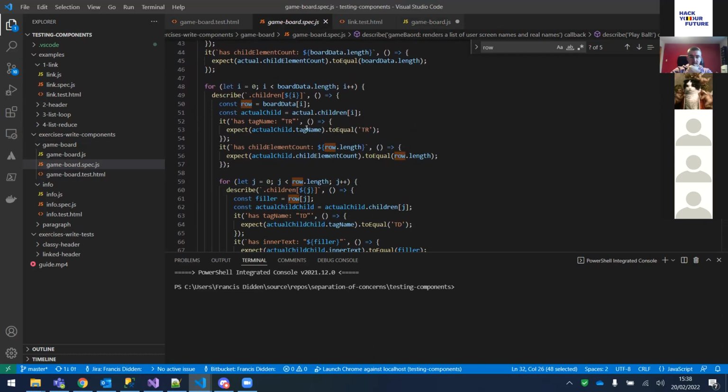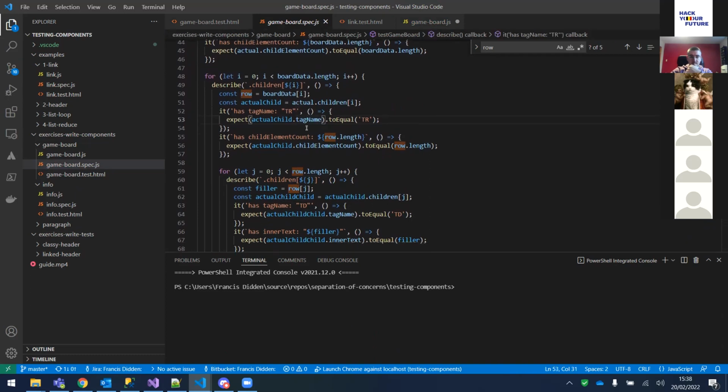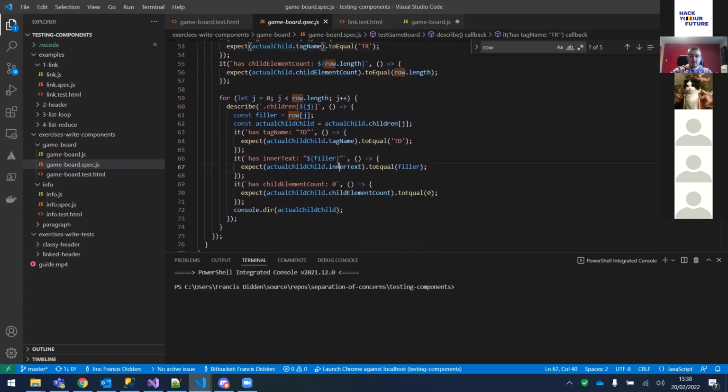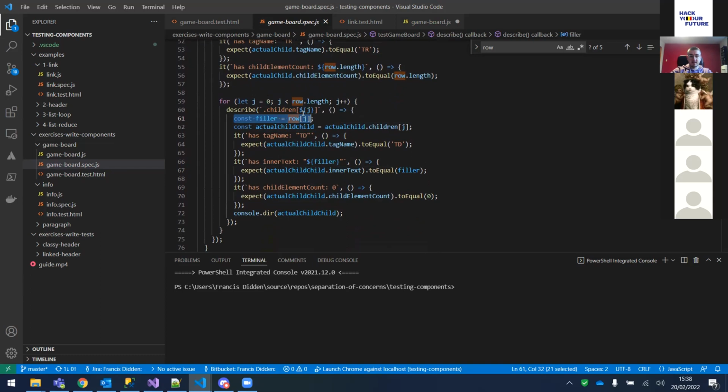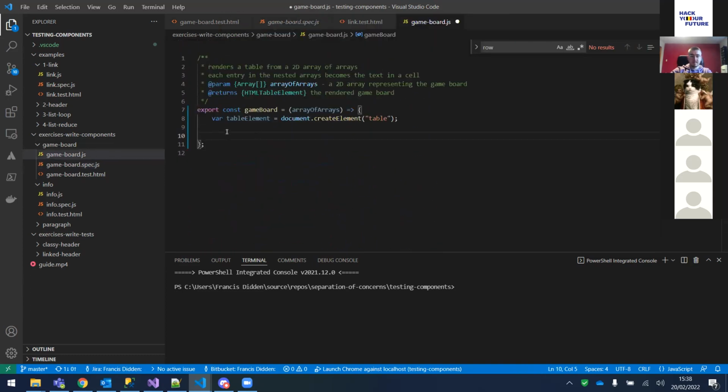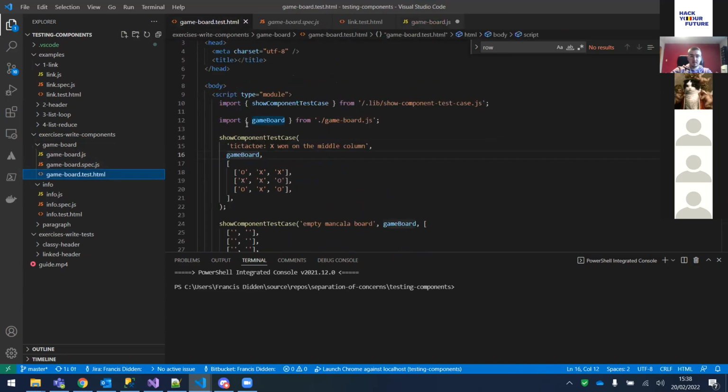Let's see, expect tag name, child element counts. Okay, then here, so that's what this does. You take the inner text of the HTML, and it has to be equal to the corresponding value from the arrays. So yeah, what we want to do then is taking the array of arrays, which is, as we saw, it is the,